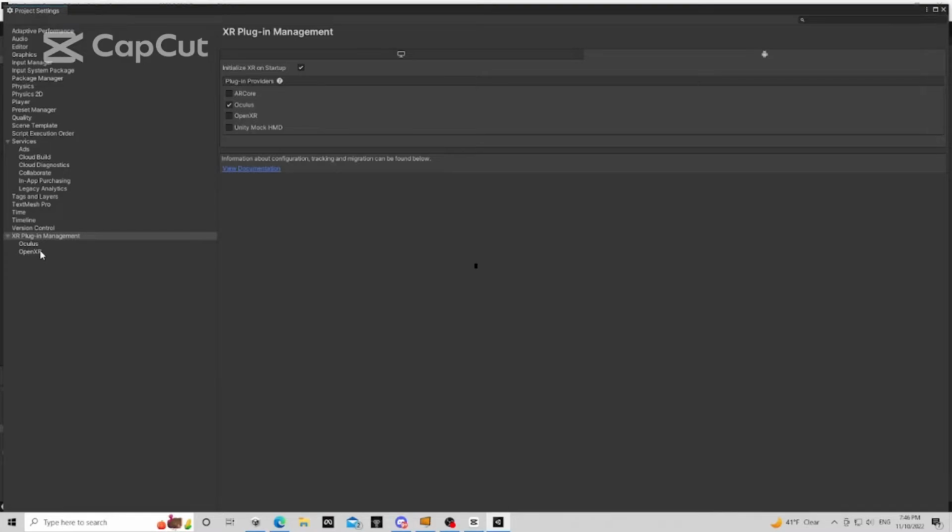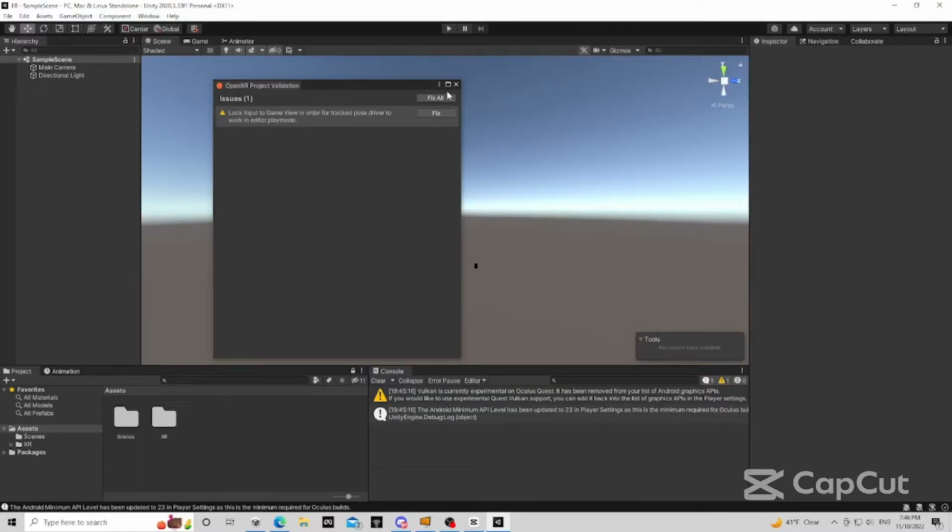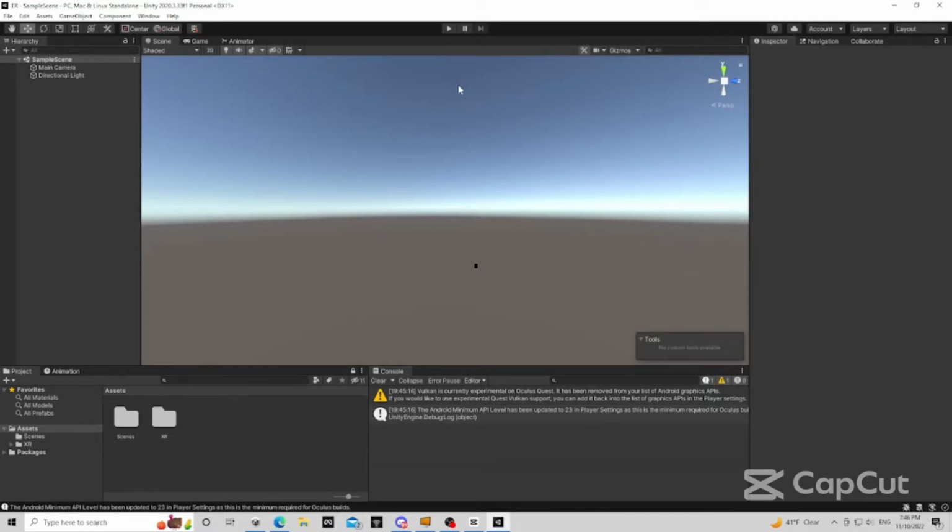You go to Oculus, make sure this is on multipass, and then you also click low overhead mode. Target devices is like, do you only want it to be on Quest 2, then uncheck that. If you only want it to be on Quest, then uncheck that, but I would always have only these two. Okay, then that's done with this, so then you just exit out. You can ignore this, I'm pretty sure that doesn't really matter. When you go out of this, you have to go over,